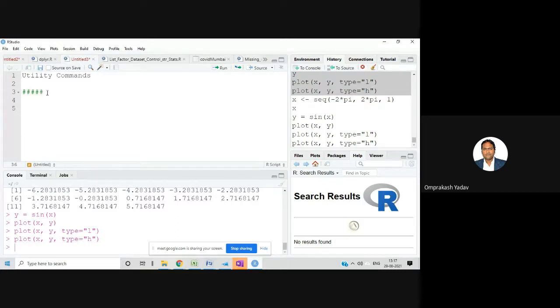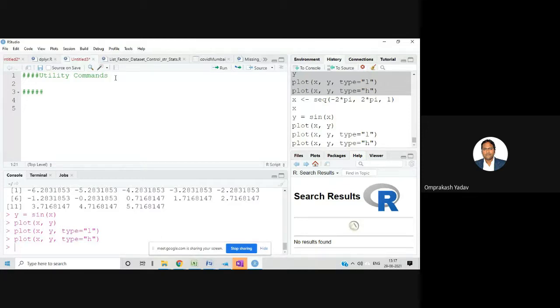If you put this particular sign before this, it will become a comment. For example, if I try to execute this one, it will have no effect. Here the compiler is going to ignore this particular thing, right?